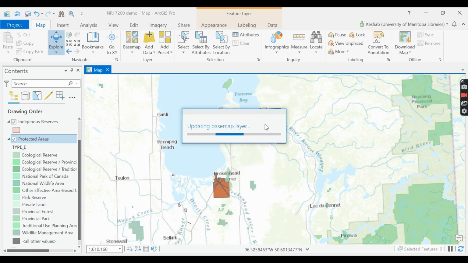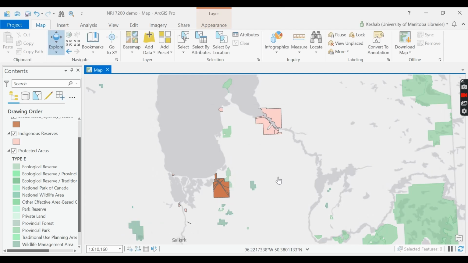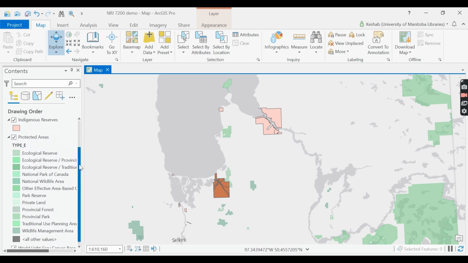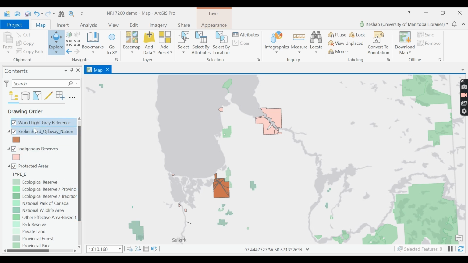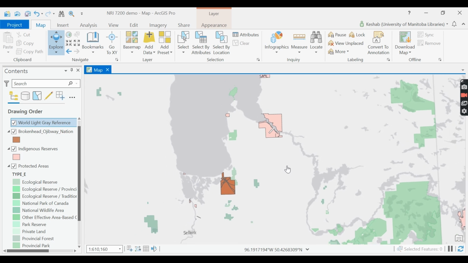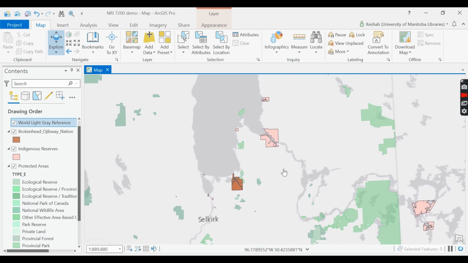Light gray canvas. Now it's to some extent distinct. We have these protected areas, and we have Broken Head Ojibwe Nation. We have other indigenous communities. This is a very simple map showing Broken Head Ojibwe Nation around that area, and also